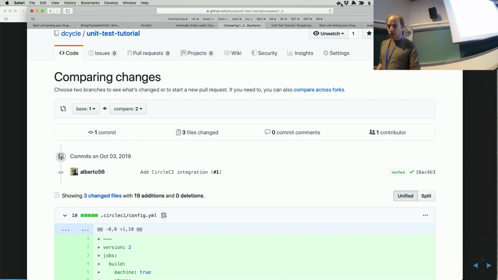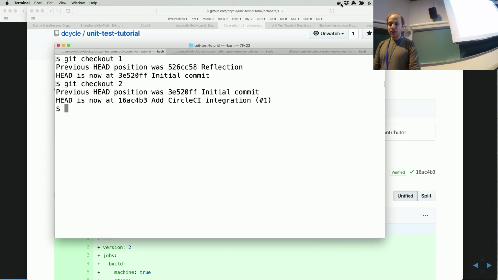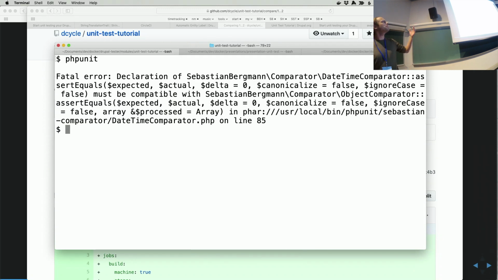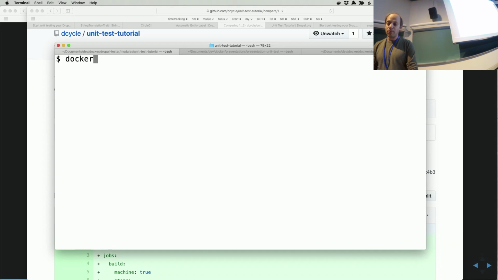So I did install Docker, and basically here, if I want to run, let's say, PHPUnit on my local computer, it doesn't work for some reason. It's not the right version. I get this fatal error, the configuration's not right. So I don't use PHPUnit. This is probably something I installed ages ago. However, if you go in and run PHPUnit through Docker,